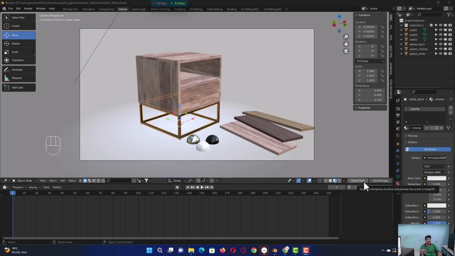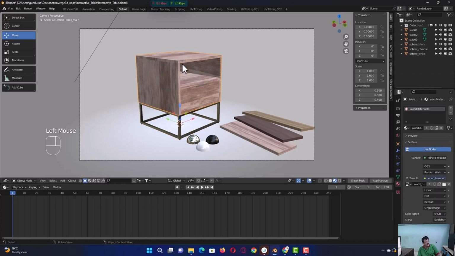Okay, welcome back. Now our next mission is to change the texture of this wooden material when we click on these three planks or the slabs. So this material has to be replaced with this. So for this, we are going to use a different approach. So for this, what we have to first do is, now select this, just see that all are given the